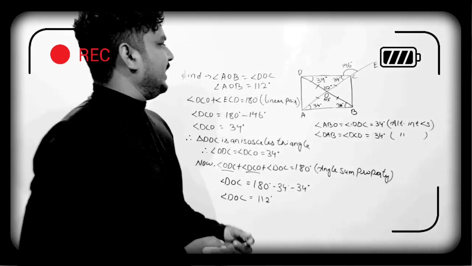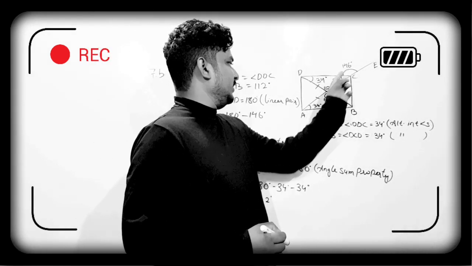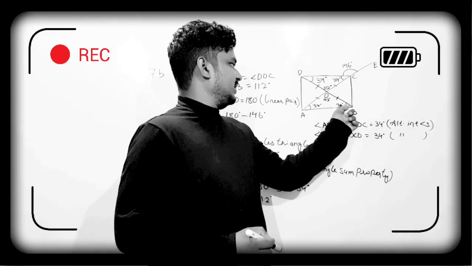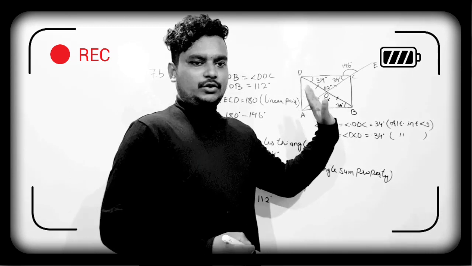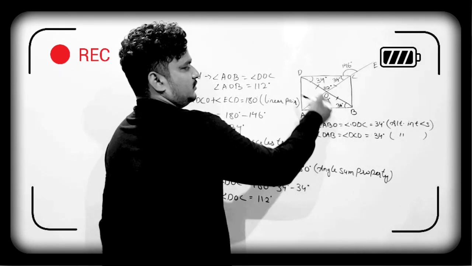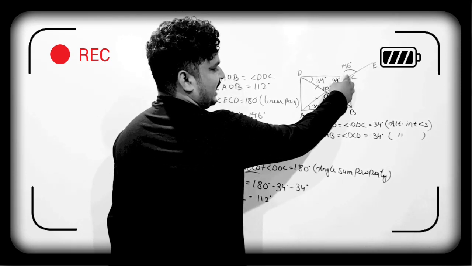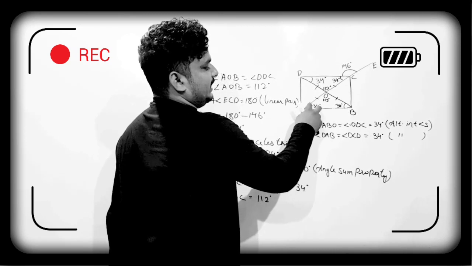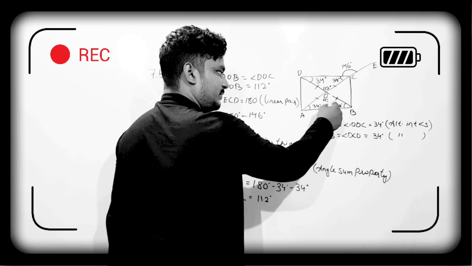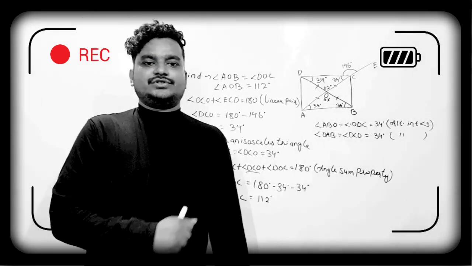And one more thing I would like to tell over here. After finding this particular angle only, you can directly write that this angle is equal to 34 degrees and this angle is equal to 34. You don't need to find the other angles, and after that directly you can find this also. That is also a process, and it will be a little bit shorter. Finding this angle by linear pair, after that you directly write alternate interior angle, this angle will be 34 degrees, and this triangle will be an isosceles triangle, with 34, 34 and 112 degrees. In this order you have to solve this question.